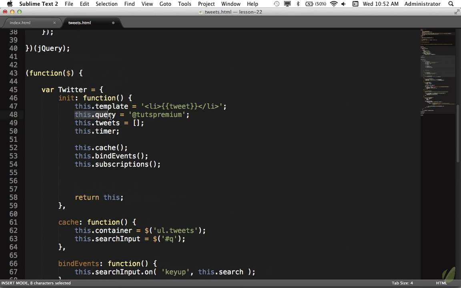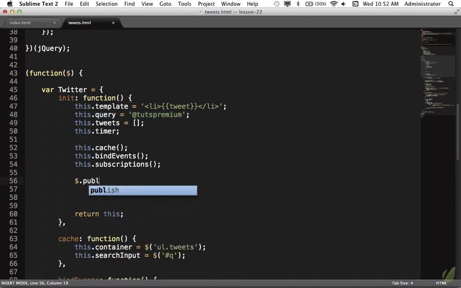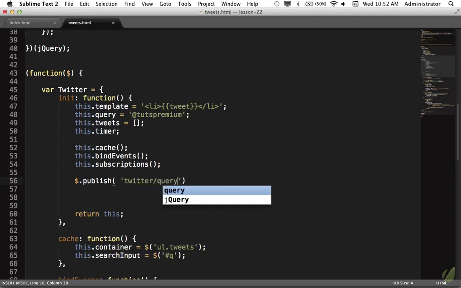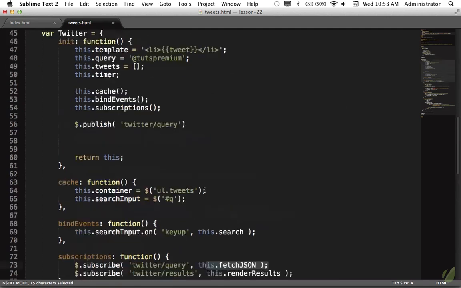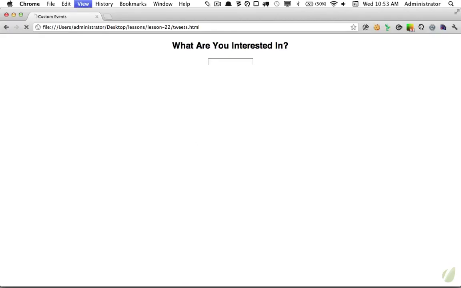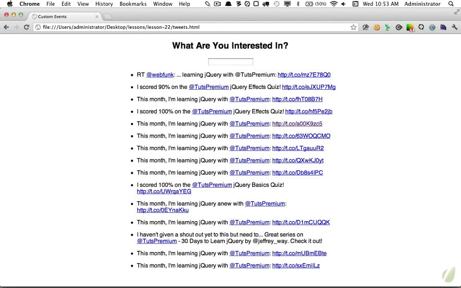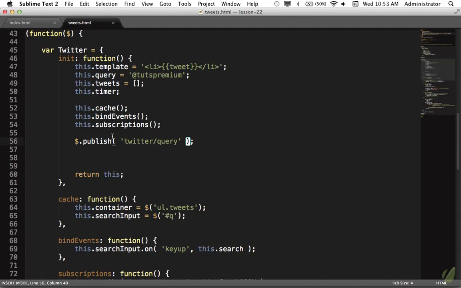We have set a property called query, and that is most of the time going to be equal to what the user types in. But we're going to set a default value. And then I'm going to publish an announcement, and we're going to publish Twitter/query. We have a query available, so anyone that's listening for a new query can do whatever it is they need to do. And we know that when a query is available, we are using the fetch.json method to query the Twitter API. So let's try that out. Reload the page, and as easy as that, with one line of code,